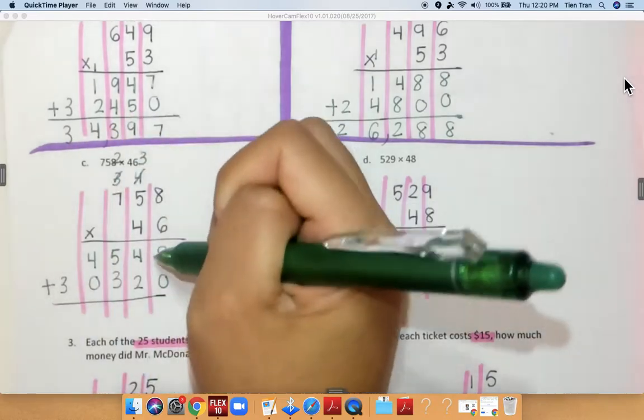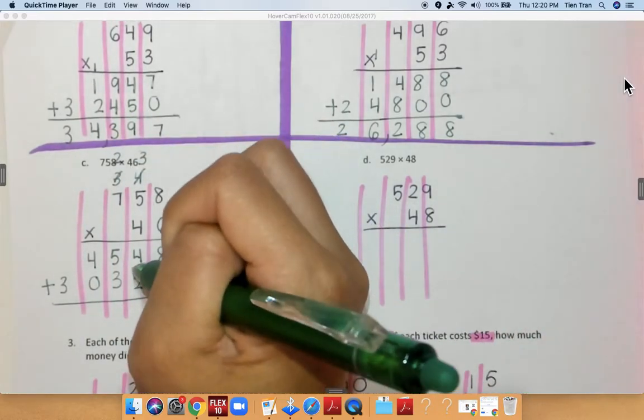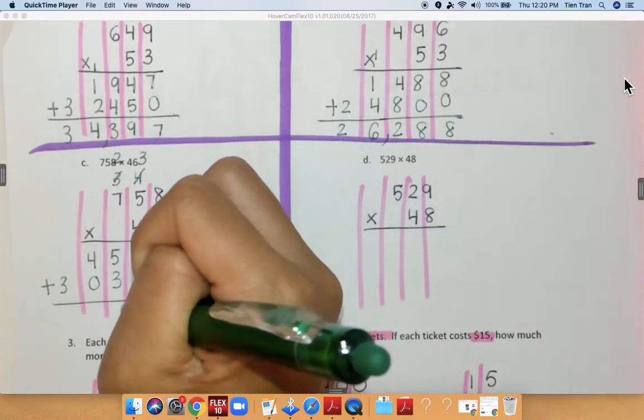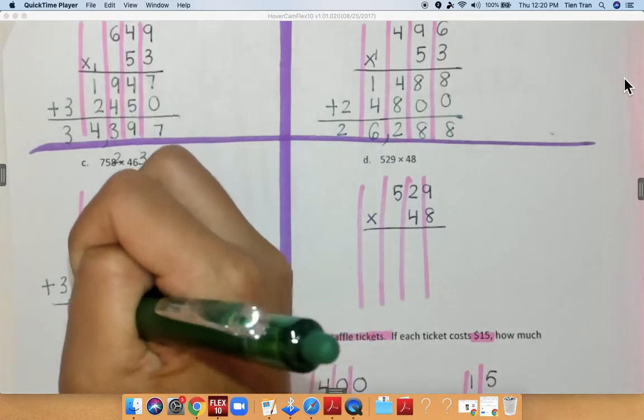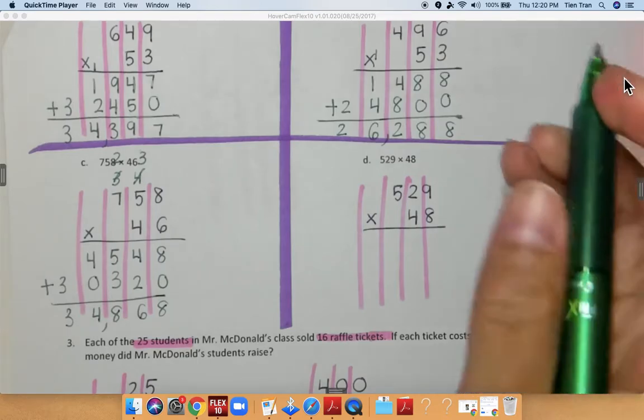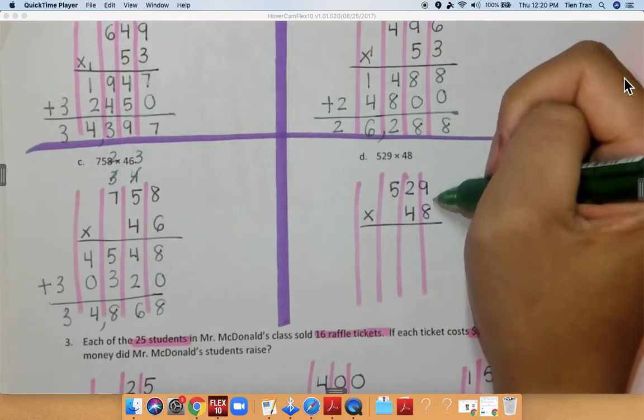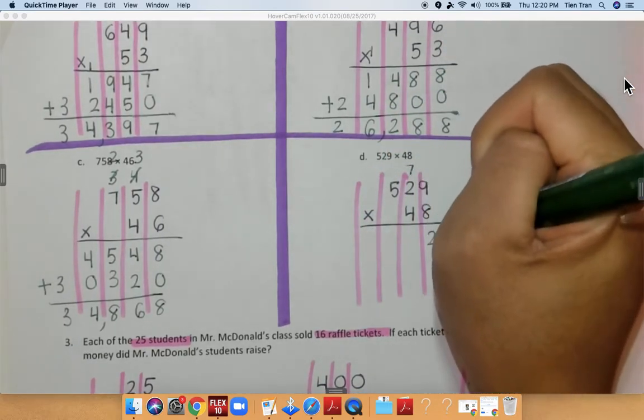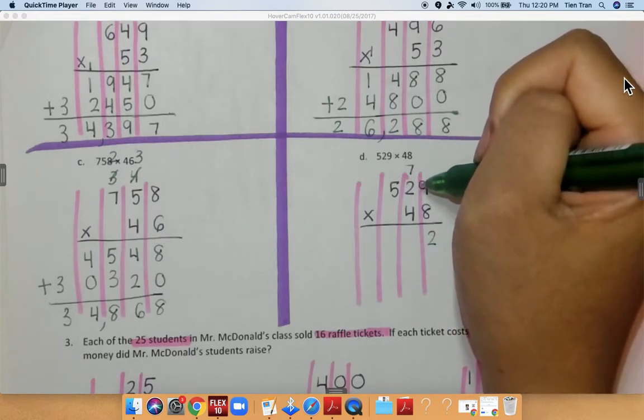Add everything together. 8 plus 0 is 8. 4 plus 2 is 6. 5 plus 3 is 8. 4 plus 0 is 4. And bring down my 3. I get 34,868. Now on this side, I'm multiplying 9 times 8, which is equal to 72. 8 times 2 is 16. 16 plus 7